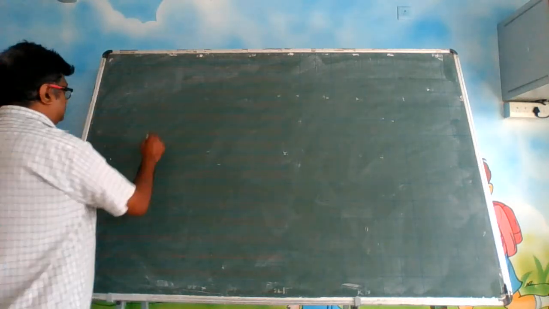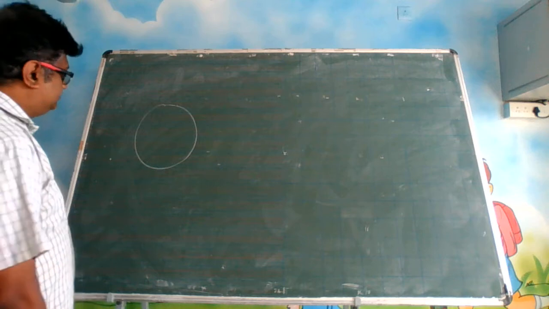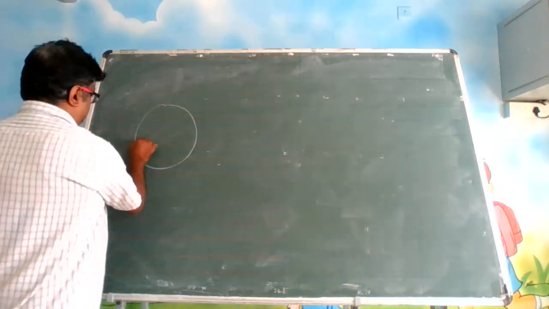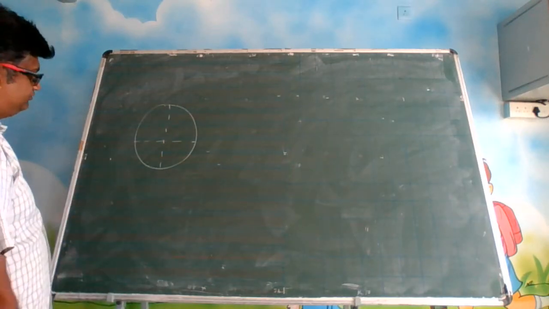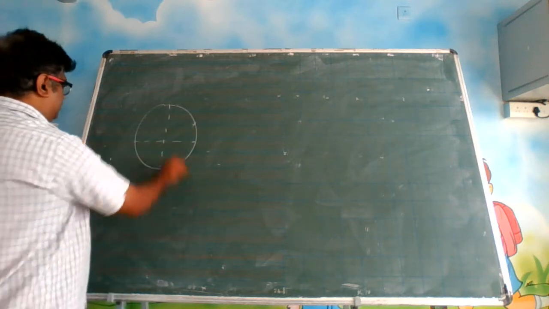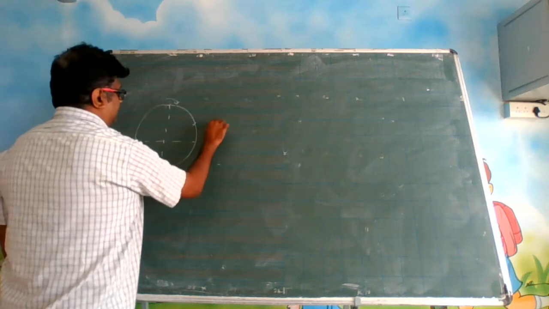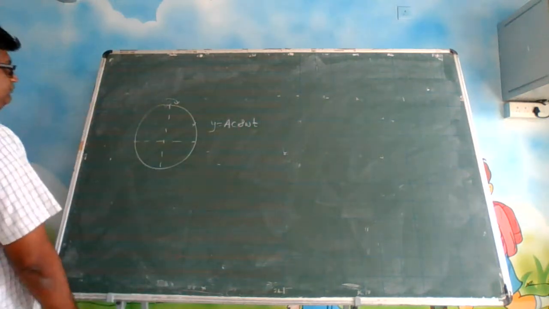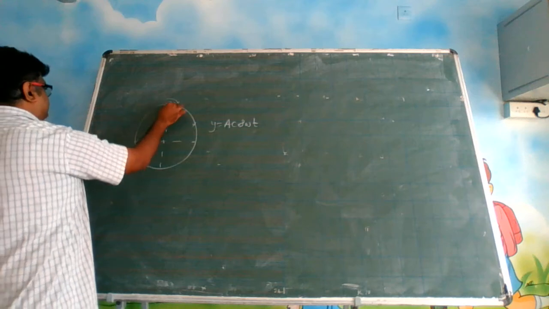Now we have seen this concept while studying simple harmonic motion in uniform circular motion. We have studied that the projection of the particle movement gives you a simple harmonic motion. I told you that when you are starting your motion from this point, we write y is equal to a cos omega t. So from which point are we going to measure the displacement? The displacement has to be measured from this point. Okay?